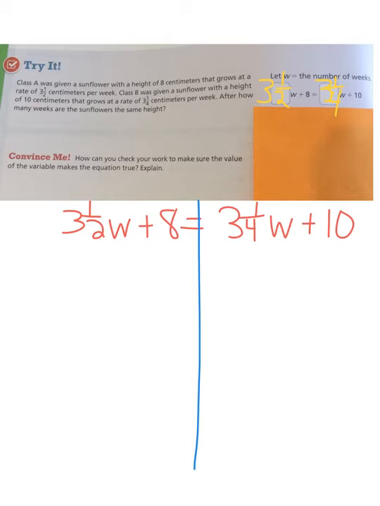Step 4 says combine like terms, but as Mrs. Silveri stressed, on the same side. So can I combine these terms right here on the same side? No, one doesn't have a W. Let's look at the other side. Can I combine my terms on this side? No, one doesn't have a W. So we can't even do step 4. So now we are going to move